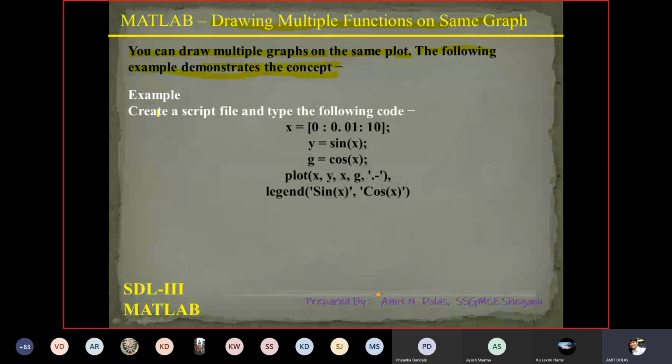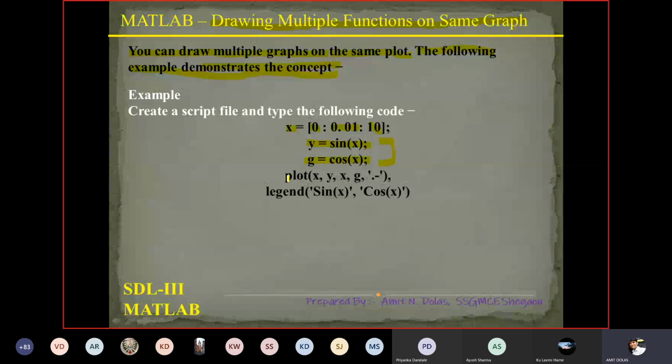You can see x is defined, the range is 0 to 10 with an increment of 0.01. Then y is a function of x, so sine of x is y. Then there is one more, g is equal to cos of x. So we have to plot these two together, y and g, on the same graph.